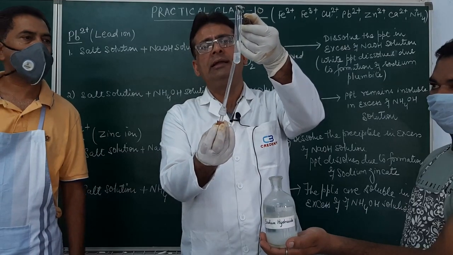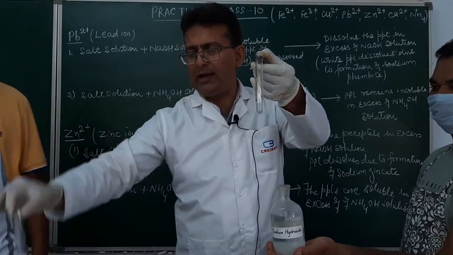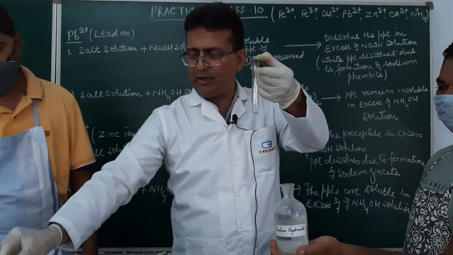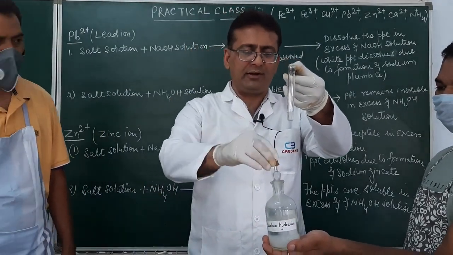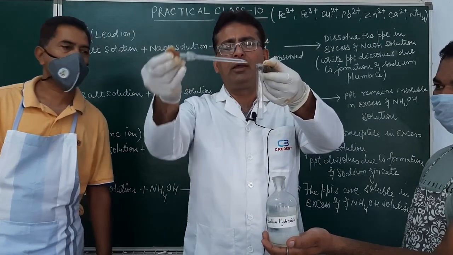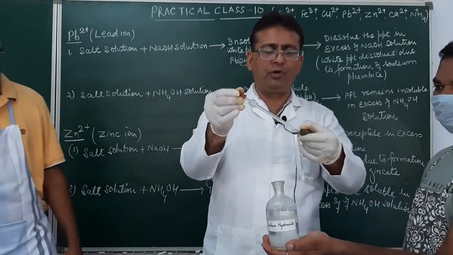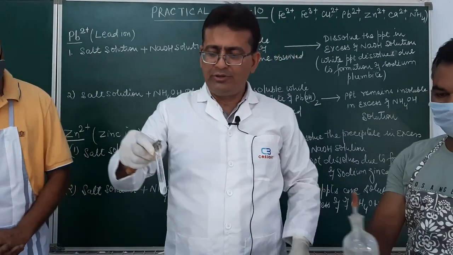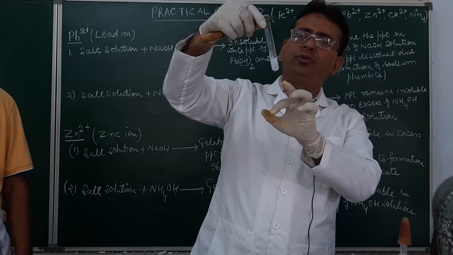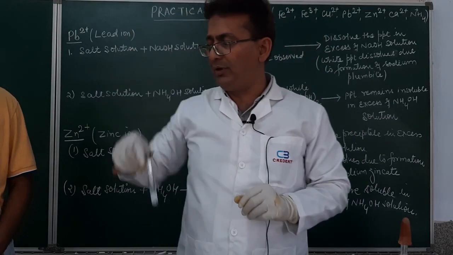Over here, it is a gel-like white color precipitate. Over here, in lead, it was a clear white precipitate. Just see the difference of the color. Then over here, in zinc salt solution, zinc hydroxide will be formed and the precipitate is soluble in excess of sodium hydroxide solution. They are gelatinous precipitates and they get soluble in excess of sodium hydroxide solution. Just see over here, they are soluble.